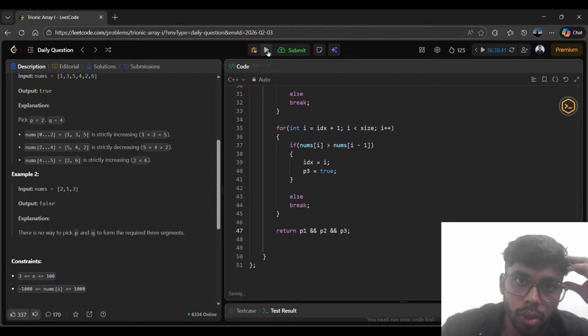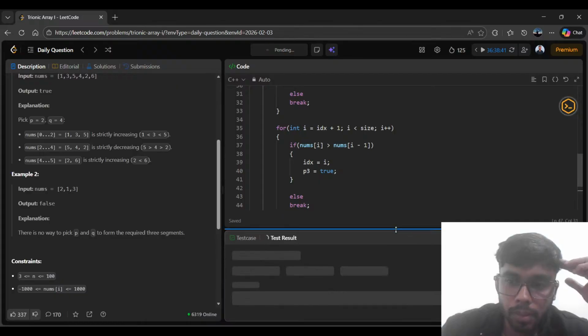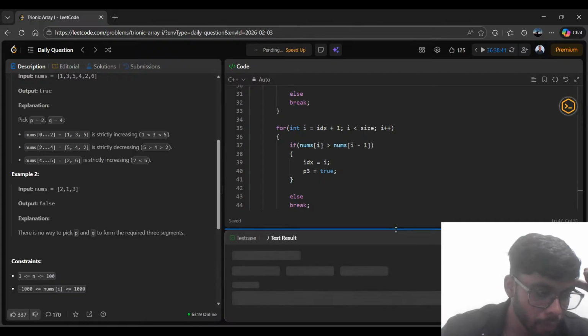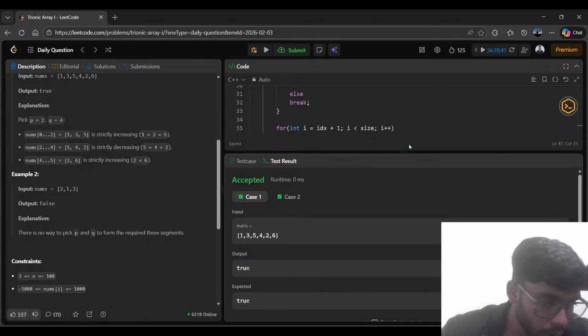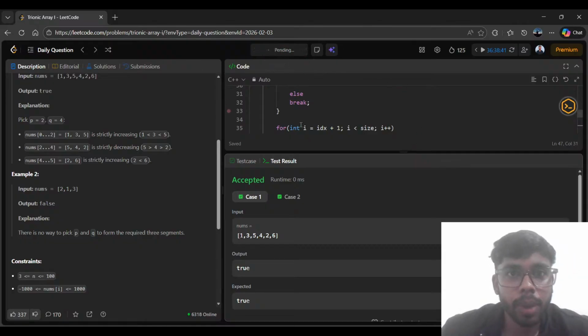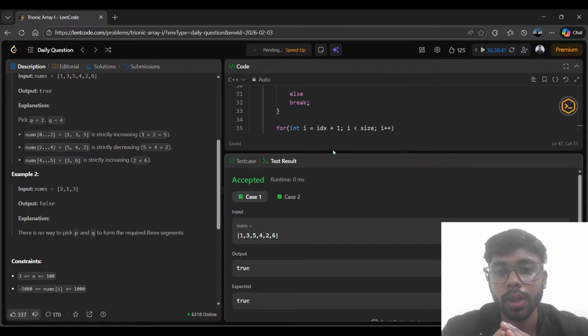Will it work? So it's working. You can do assessments. Like which type of assessments you are talking about? Okay, let's submit it. Hope